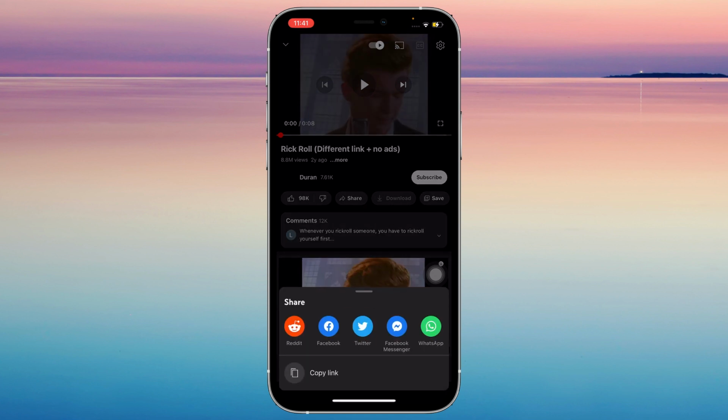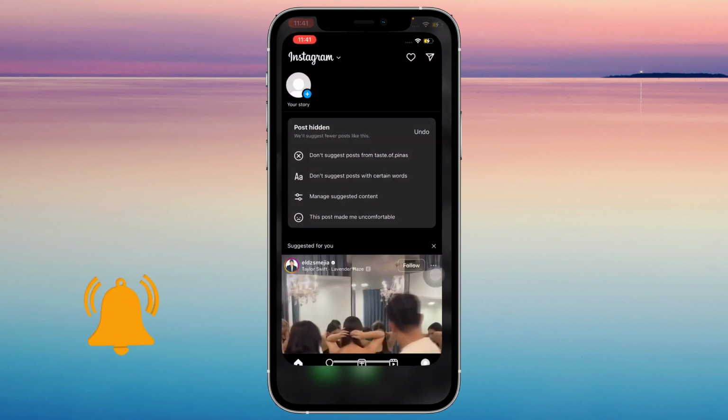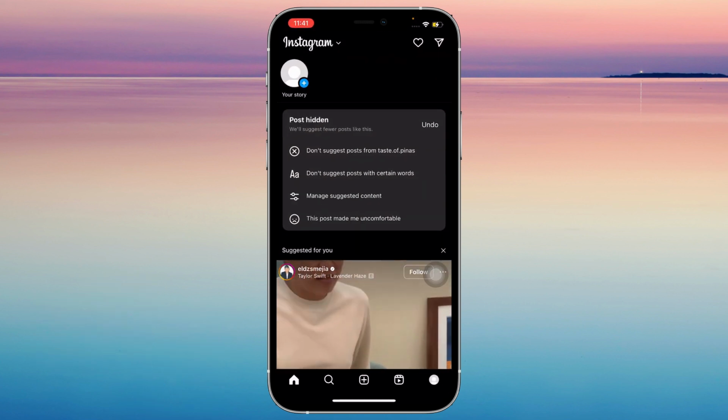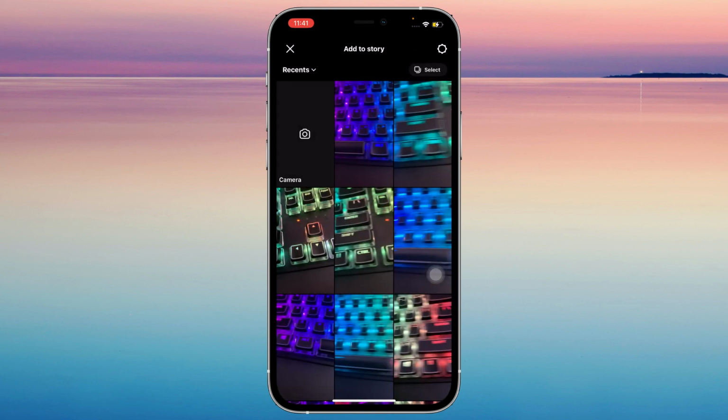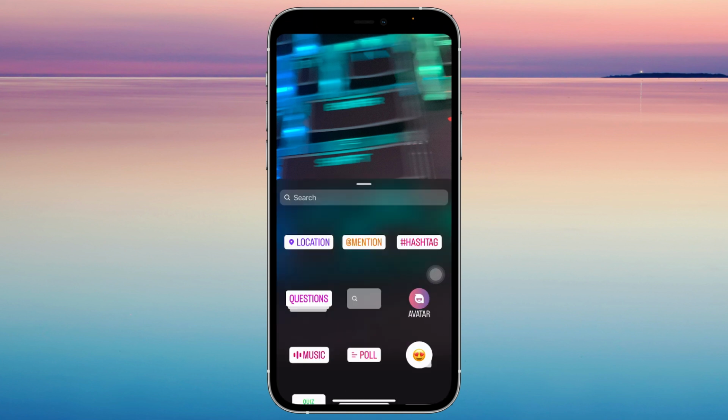on your story. Then tap on copy link, go back to Instagram, tap on your story, and you can either choose a photo or tap on camera to make a new photo, but I'm just gonna do this because it's easier. And now you're gonna have to tap on the sticker icon or the smiley face at the top of